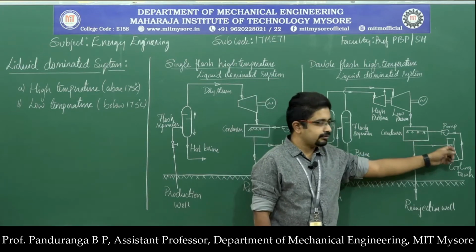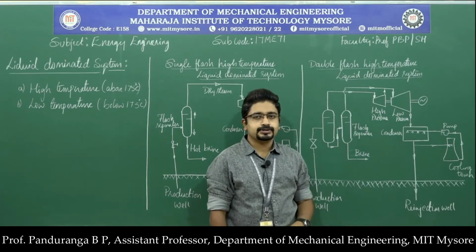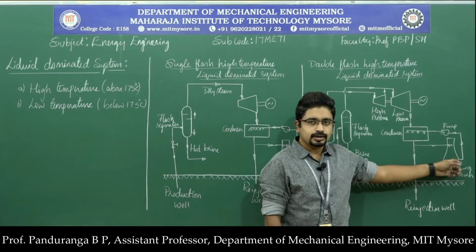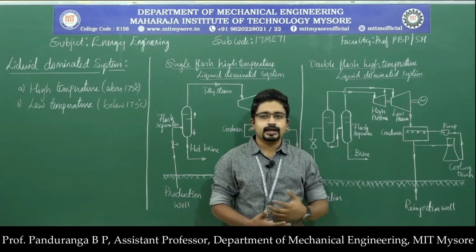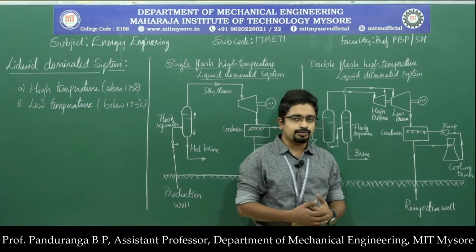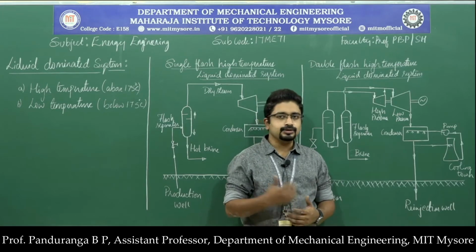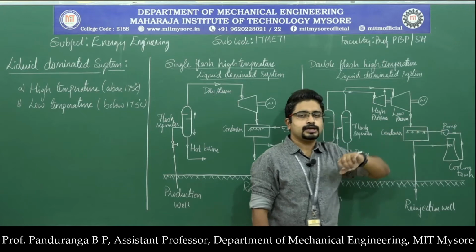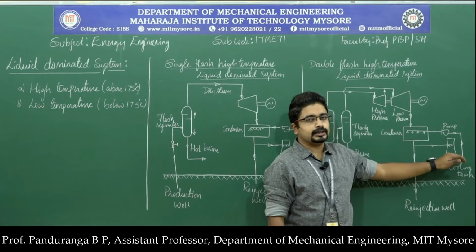So a part of the liquid water will be supplied to the cooling tower, where as it drops down to the bottom of the cooling tower, it gets cooled because the air will be flowing in the opposite direction, and there will be a direct contact between the air and water molecules, and water molecules transfer the energy to air molecules. So the air molecules will carry away the heat, and the cooled water will be collected at the bottom.